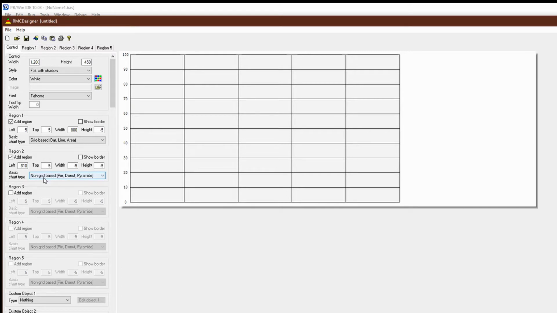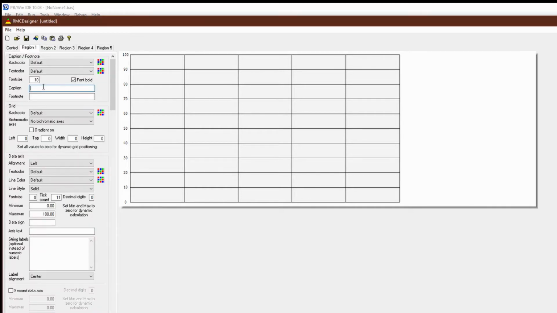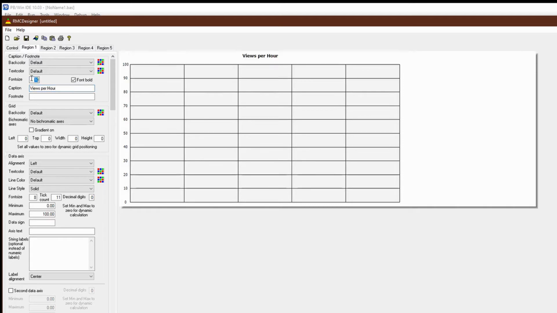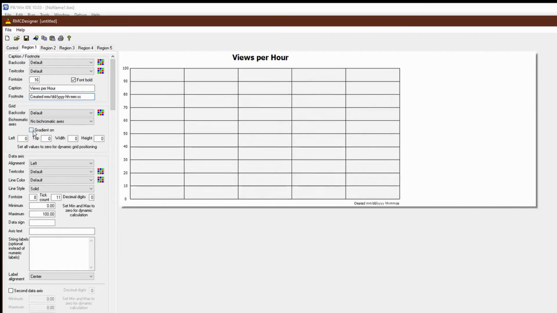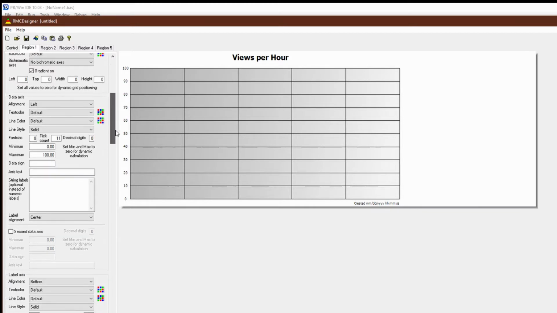So if we go into region 1 and organise that one first, we'll put a caption up on this one. We'll increase the font size slightly, and we're going to put a footnote on this one. We'll put a gradient on this one. And at the moment we'll leave our minimum and maximum as 0 to 100. We will scroll down,